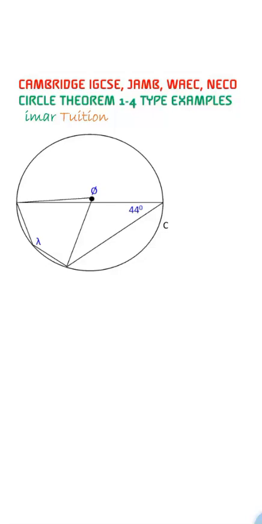Okay, today we'll look at more examples from the Cambridge IGCSE, JAMB, and the WAEC, NECO type of examples that cover the circle theorems 1 to 4. Okay, if you look at this question here,